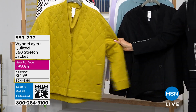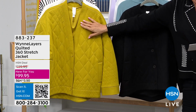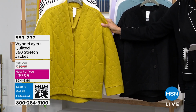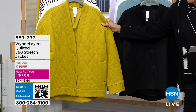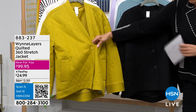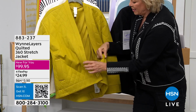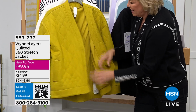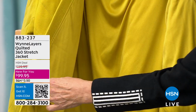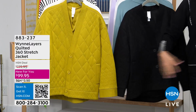These are 29 inches. This is one of the jackets. In fact, Marla was wearing this earlier. This one has this slight little puff. There's a quilted rayon blend fabric with little filling inside. So it's fully lined, beautifully done, and machine wash, dry flat. I'm gonna show you right here. Beautiful buttons dyed to match, all three, right down the center. This isn't gonna be your Arctic Circle cold weather coat by any means, but once you start layering, you create that look,